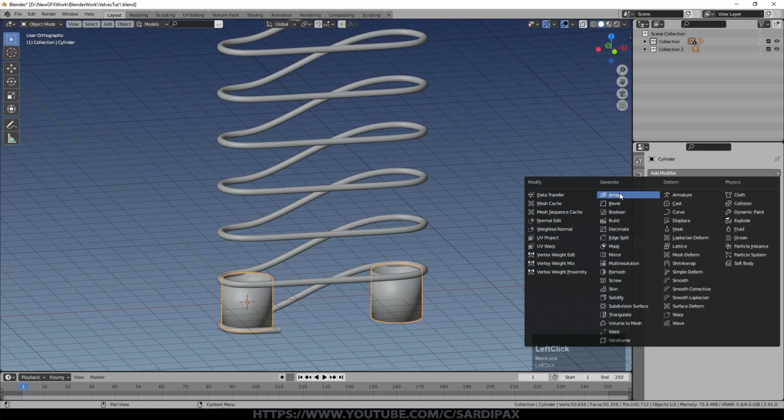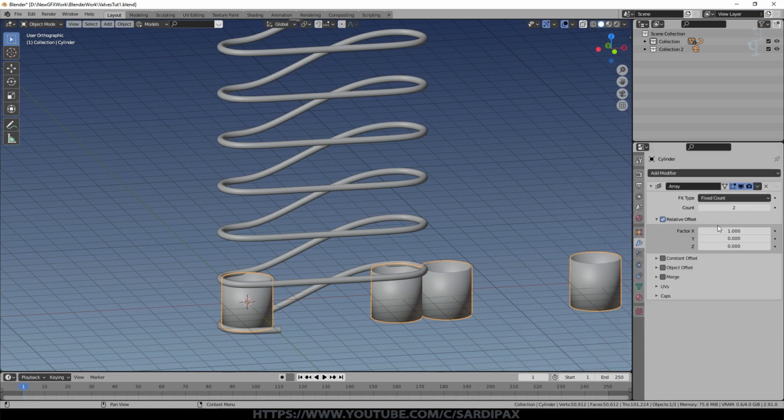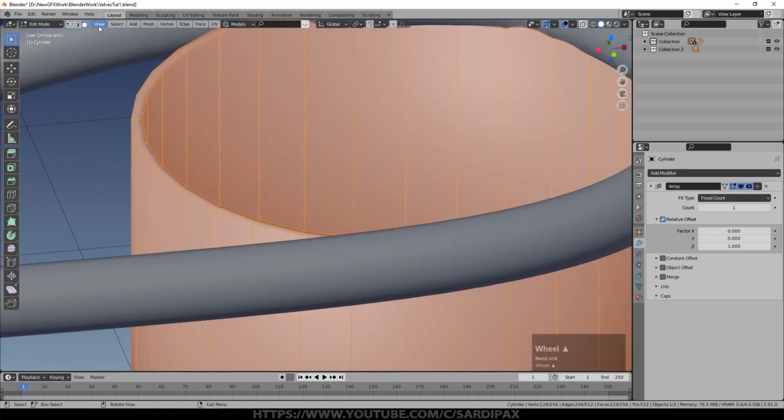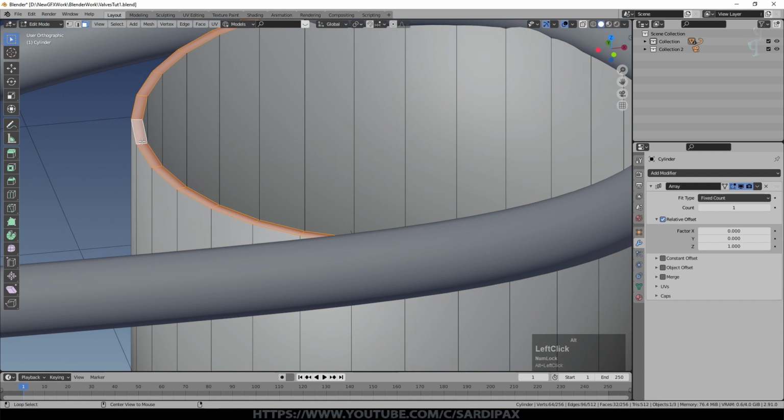We'll now add an array to our cylinders. We could just put a simple mesh cylinder up there, but for the same reasons, it allows us to do parametric changes. For this one we will use relative because it's a very simple shape. However, before I do that, I've got some additional faces in here that I don't need just because of the way that I created the thickness.